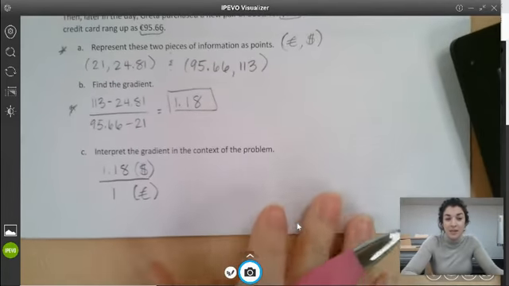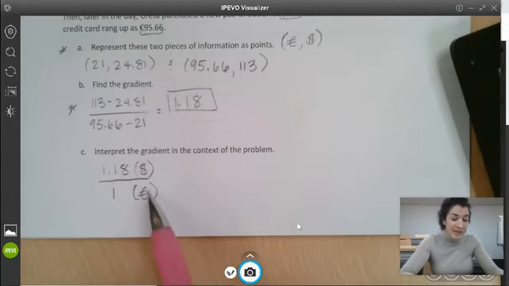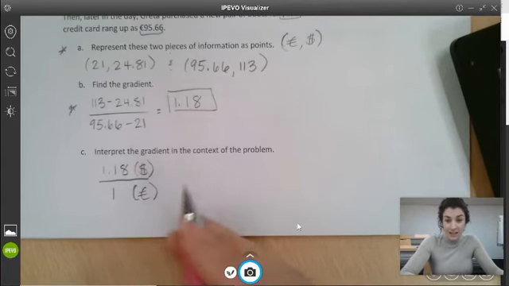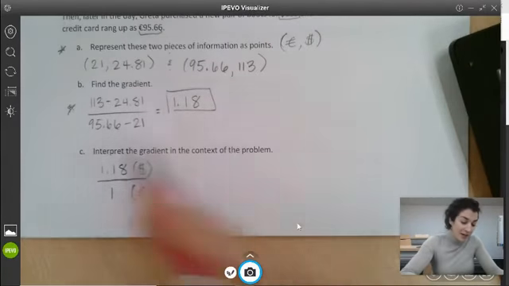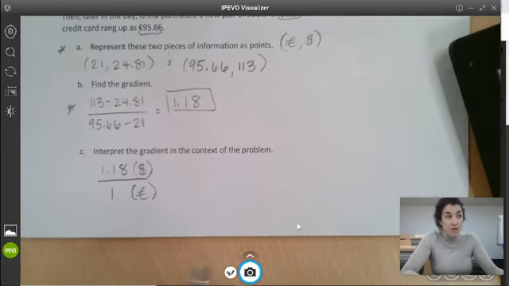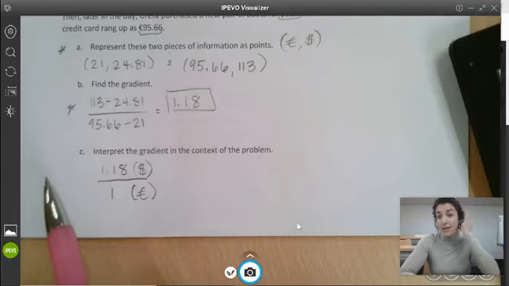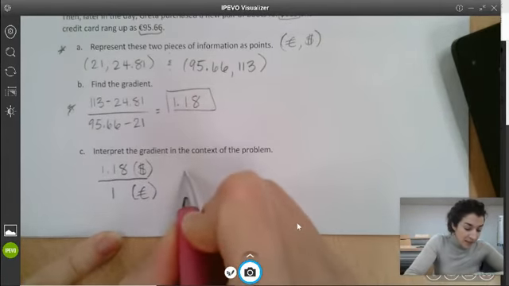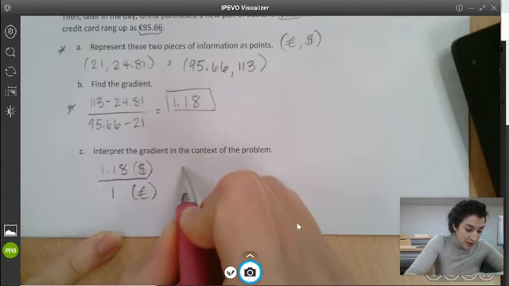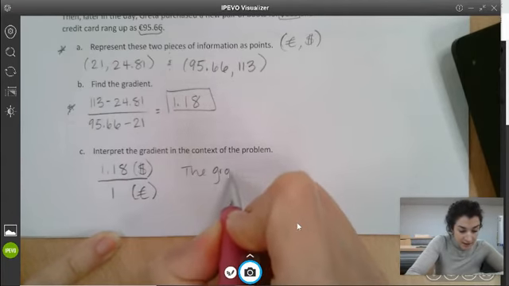So really, the interpreting in this context of the problem is that it is your exchange rate for that day. And I changed these numbers just yesterday when I made these notes. So this was the exchange rate when I did this, was this on the 9th? So, okay. So what it means is that the gradient represents